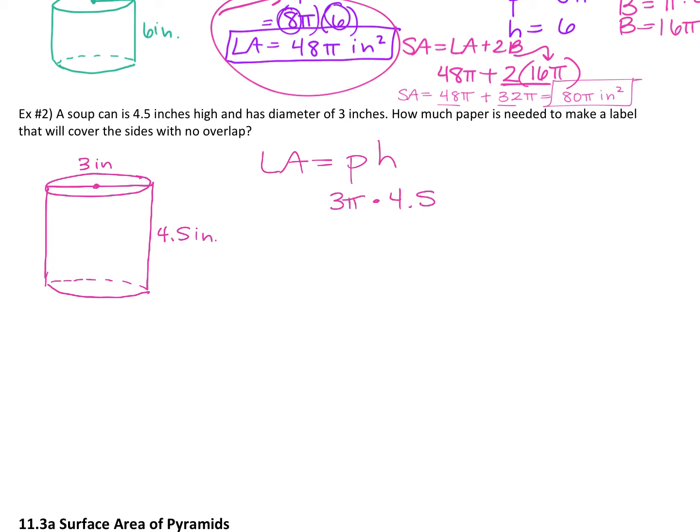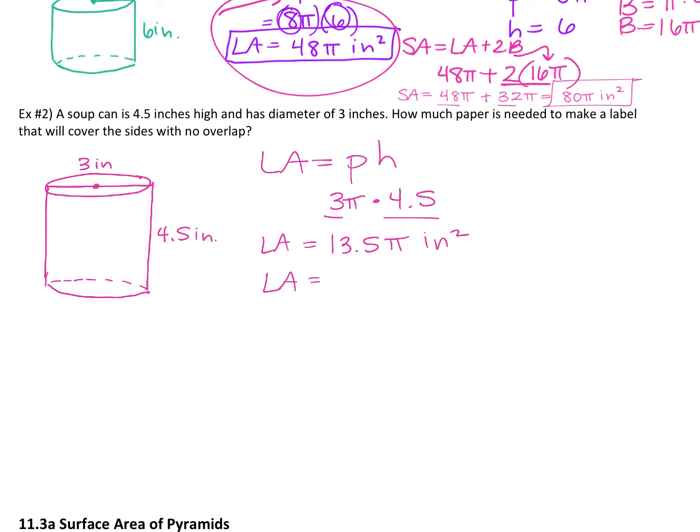Plug it in, right? We don't leave it in terms of pi because it's a weird thing to say. I need X square inches or inches of paper. So on this one, you could just plug it in, but I'm going to show you in terms of pi first. So if we left it in terms of pi, you would go 3 times 4.5. So it would be 13.5 pi square inches. Okay. If we rounded it,